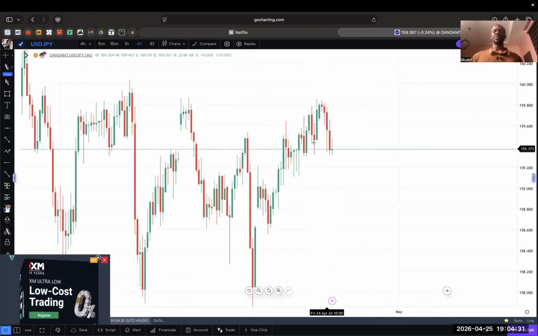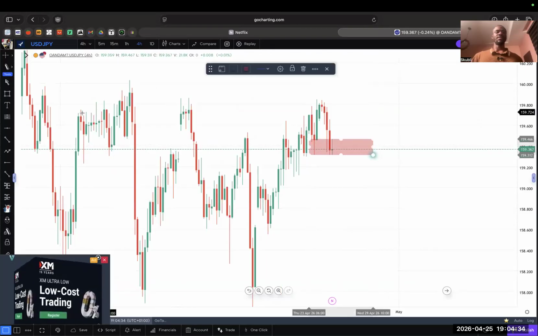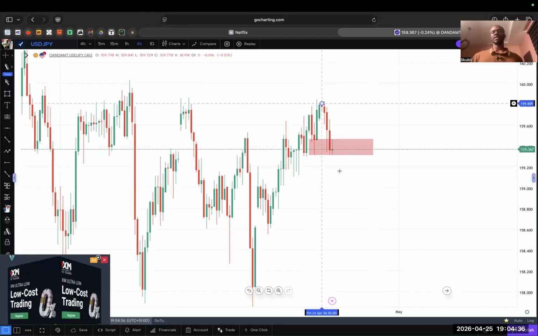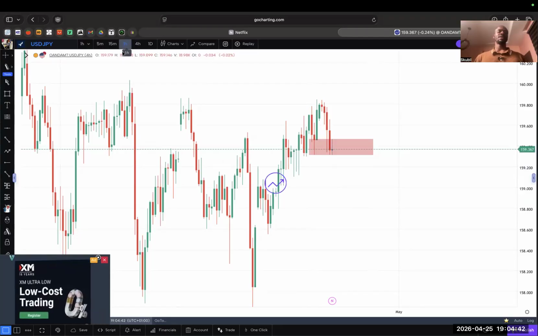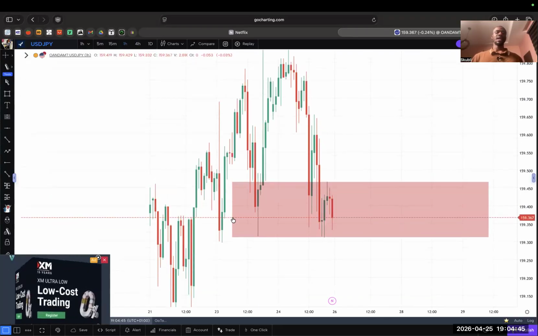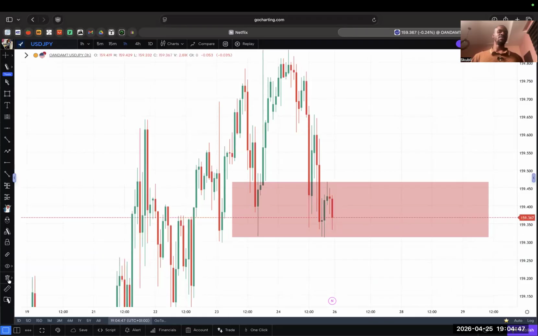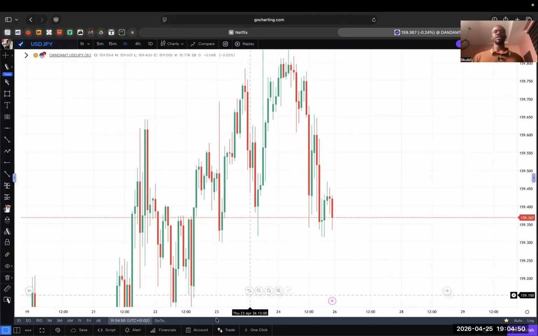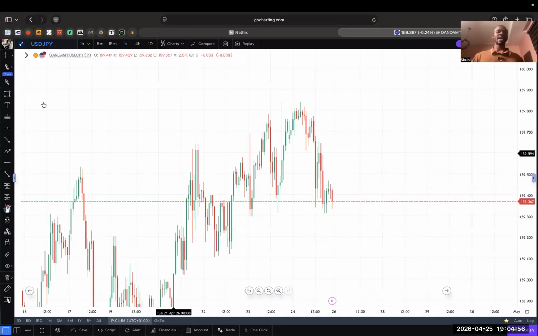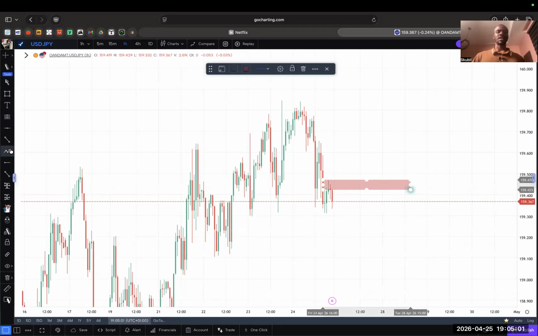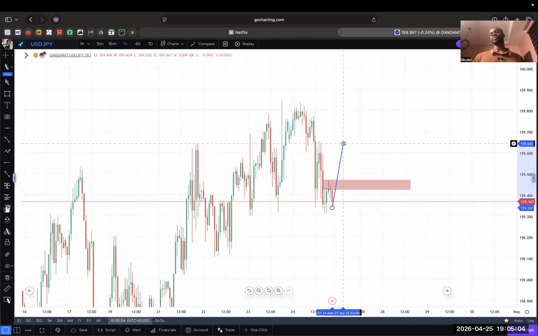And if this market eventually breaks this level to the downside here, see this level that I highlighted, if price actually breaks it to the downside on this USD JPY, then we'll start looking for sell opportunities. But before then, let's drop to the 1 hour time frame and see what opportunities we could get. On this 1 hour time frame, just like BTC USD, what I would like to see before I start looking for buy opportunities is a break of any high. Do you understand? The most recent high is here. So come market open, if price pushes up to break this level to the upside, then I'll be looking for a retracement, then a continuation. That will be my buy opportunity before they push to the upside.